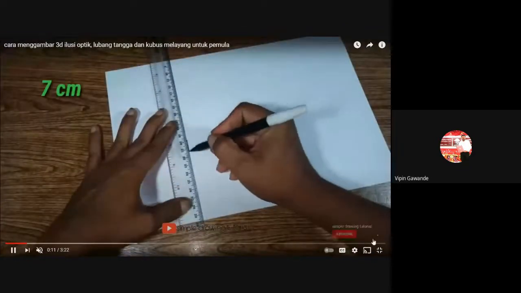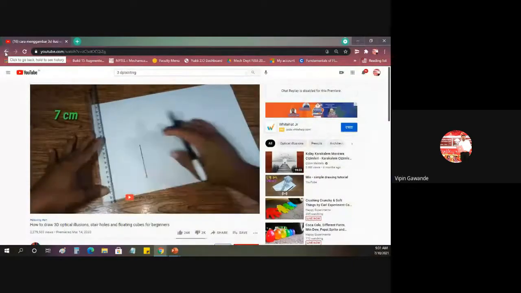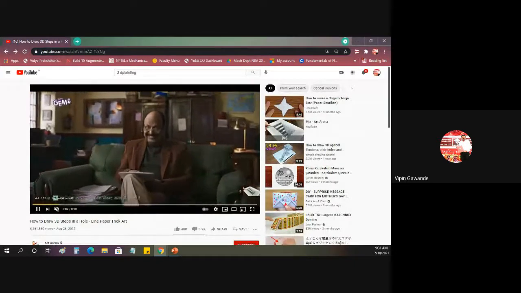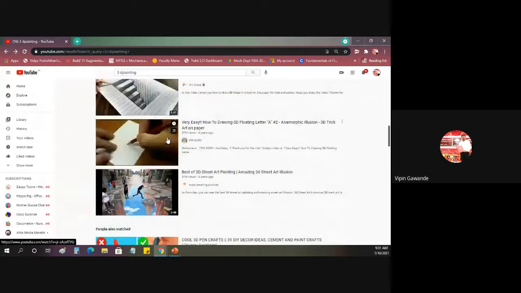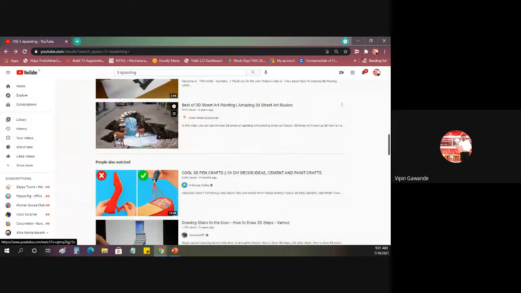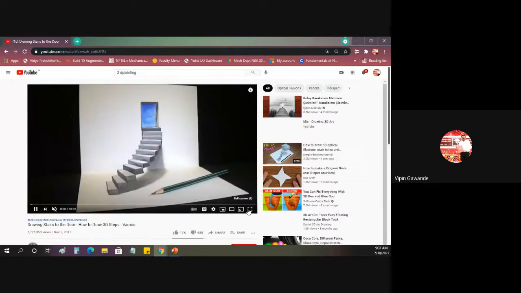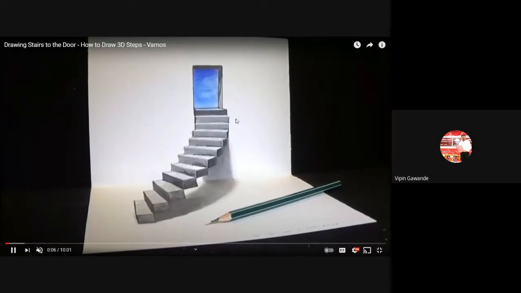Okay, let me show you another one so that you can imagine it. Yeah, this is the street drawing. Okay, they are drawing that one. See, this is again a good one. This is also drawn with the isometric projection. Okay, isometric view or isometric projection.